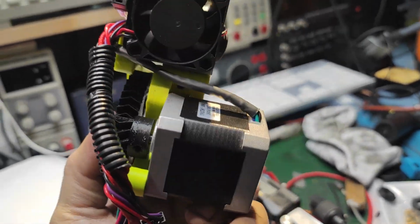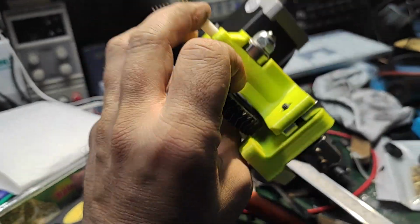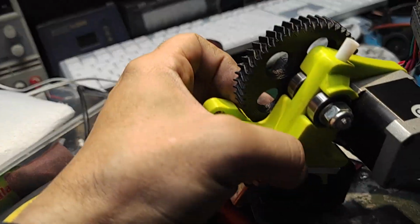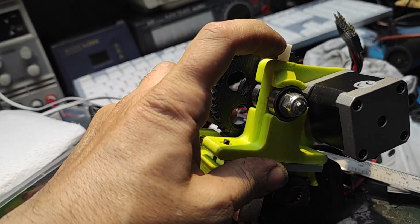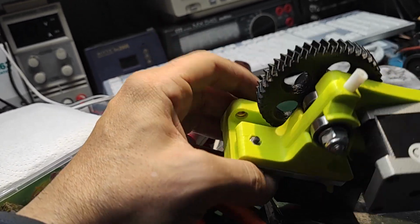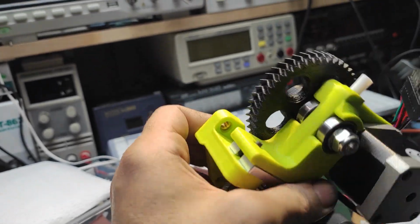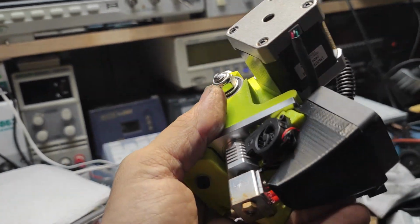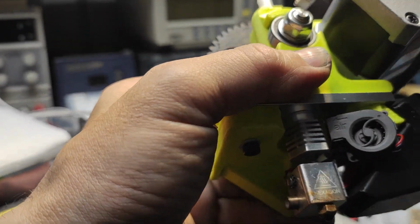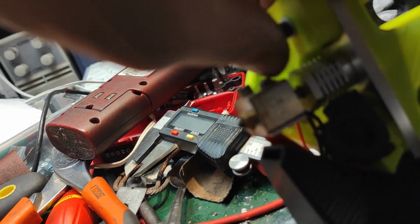On this huge hot end you can notice there is not an idler to compress. You have the TPU coming here, and that's all. There is no idler and no pressure to adjust, to tweak something. It's more simple than the one for the ABS and PLA. And the impressive thing is this little fan to cool the heat breaker, which is over the hot end,